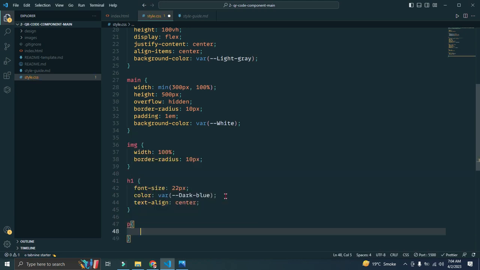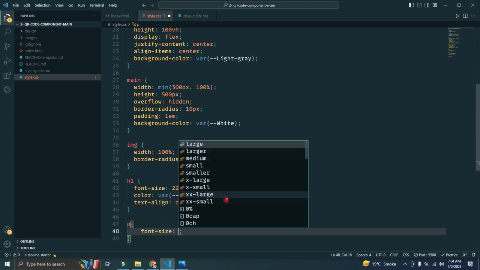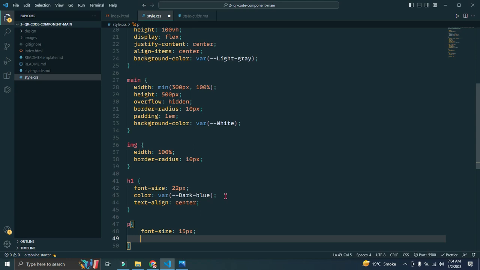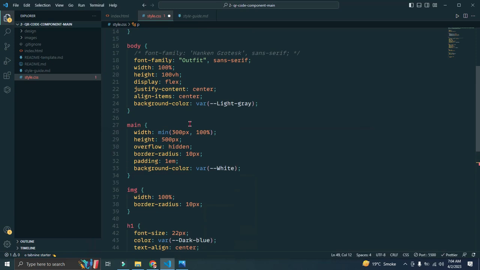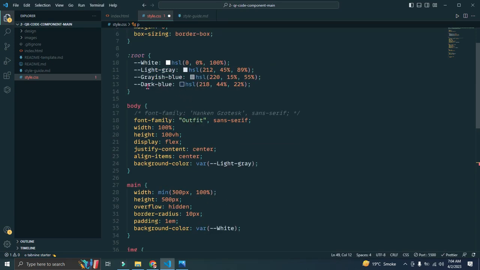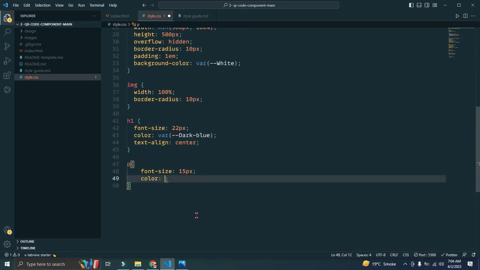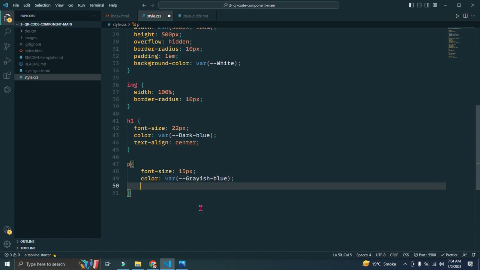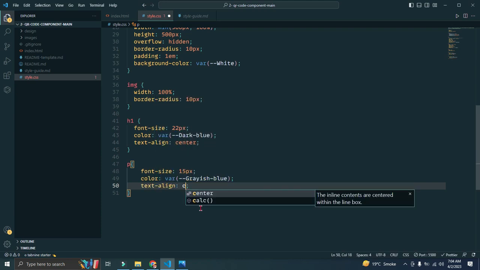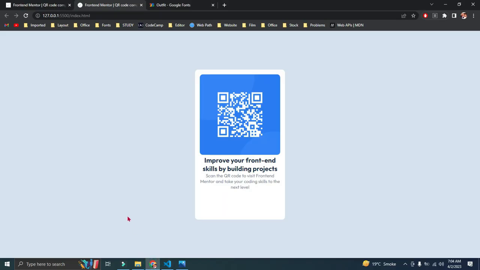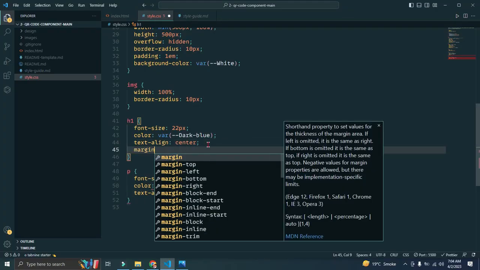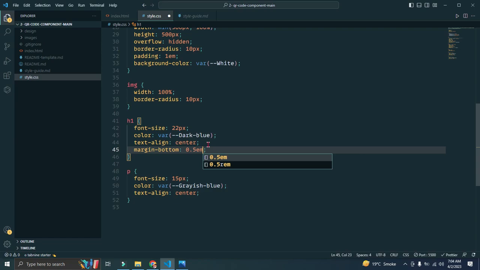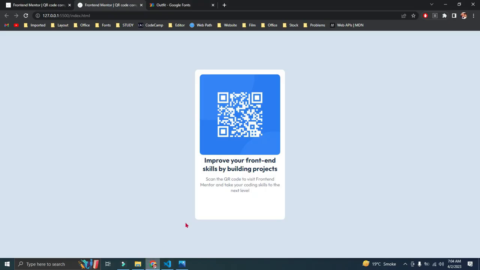Now we have to give the P font size of 15 pixel from the style guide. The color will be I think the light one, taken from grayish blue. And text align is center also. Let's just go. Okay, good. But we need to give the margin bottom 0.5 em. Good. Now we need to